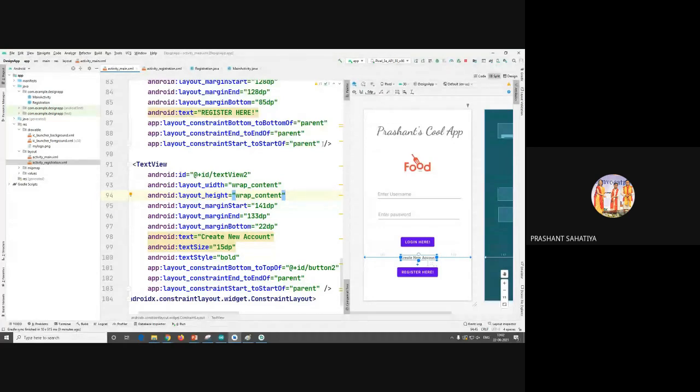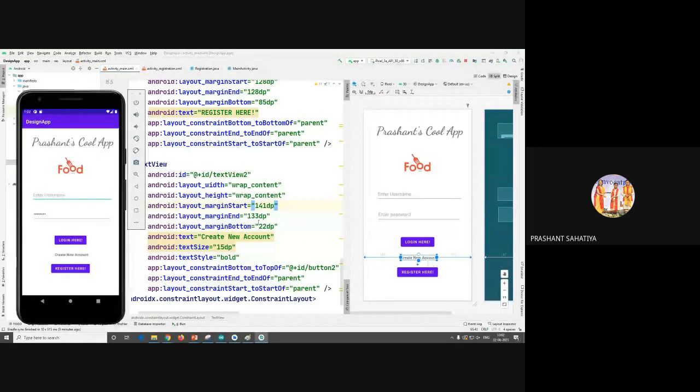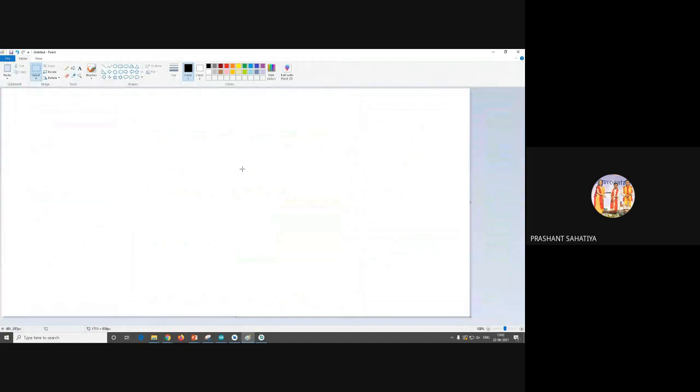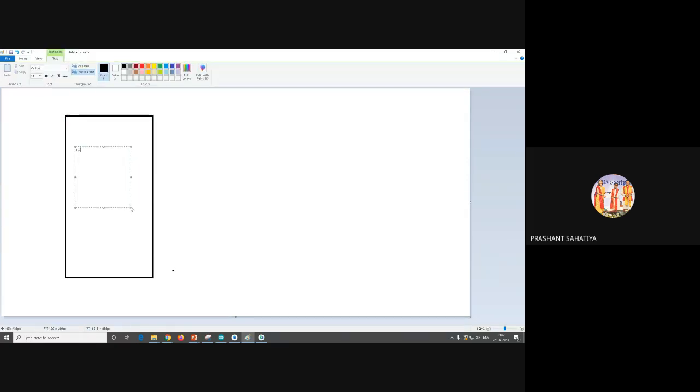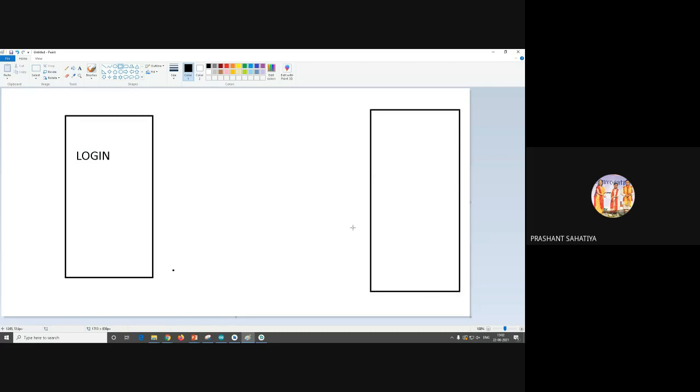Chalo, let's see. What is this Java file saying? Okay, what will Java do? First and foremost, this is my login portion. I'll increase the height. Same way, I'll be having another screen that is registration.